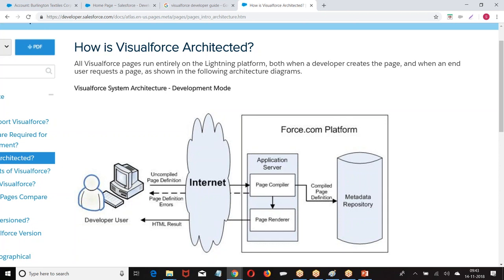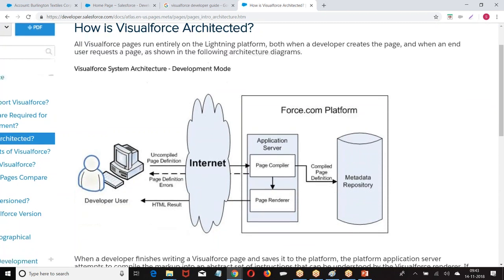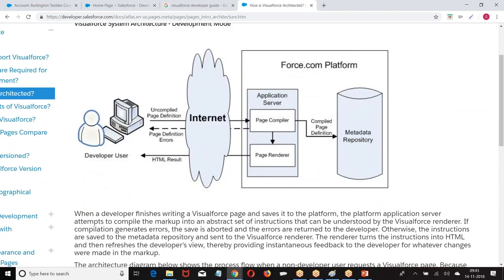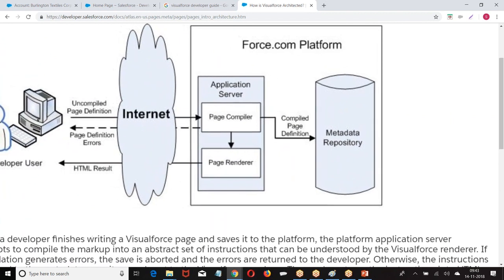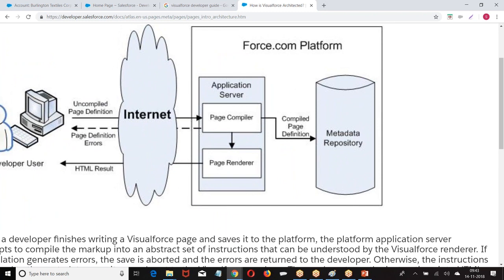Name any one of the web server. Very common. Tomcat is there, right? Name any one of the application server. Now you have WebLogic, WebSphere, right? These are some of the application servers. Now in the force.com, what server we have? Application server, because it is going to support web pages as well as enterprise application. So when you look at the force.com, we have application server and we have metadata repository.